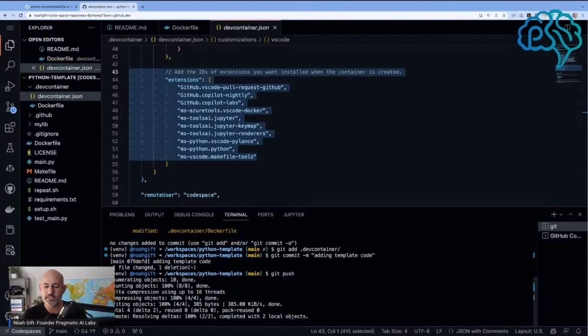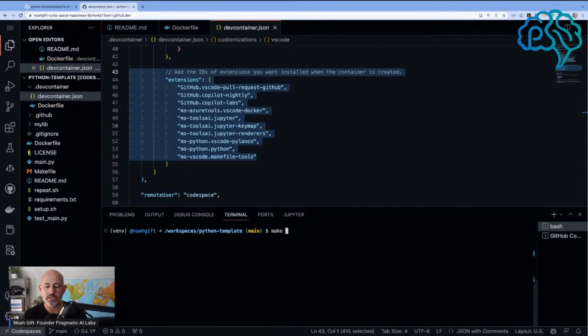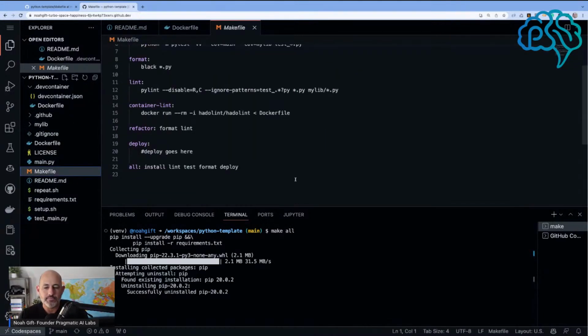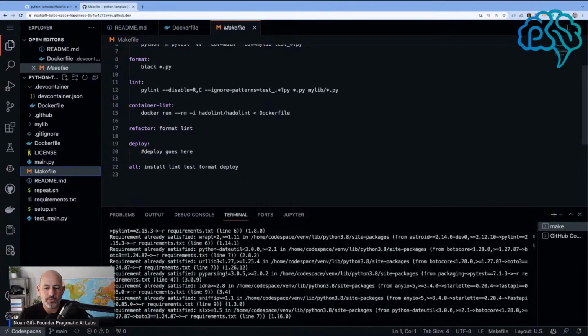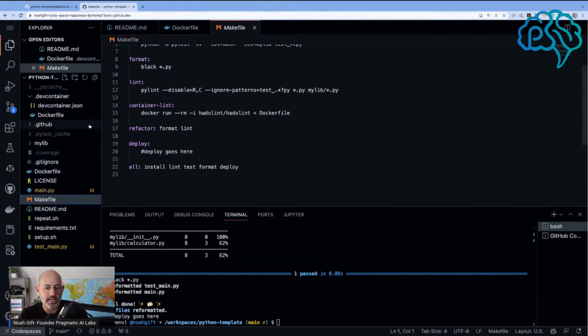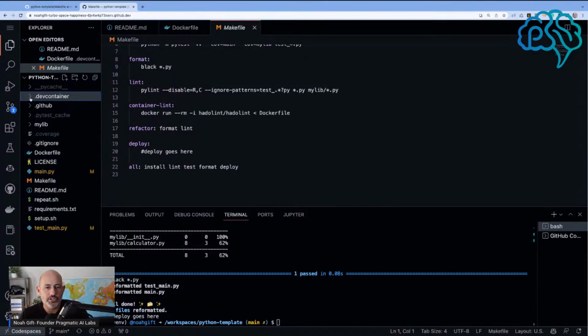So what's nice is that I can just double check that everything works. So I can say make all, which should run this makefile here. And probably the only other thing that I would, yeah, so everything works. We have a nice structure here that people could follow. The one thing that we should probably do is actually add